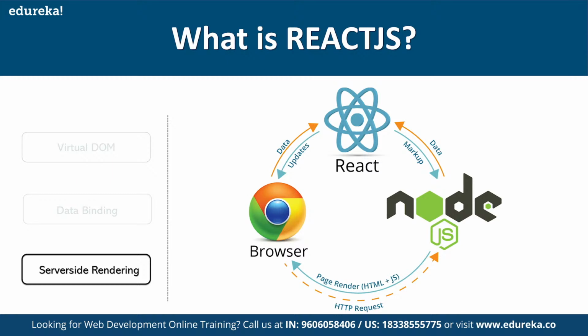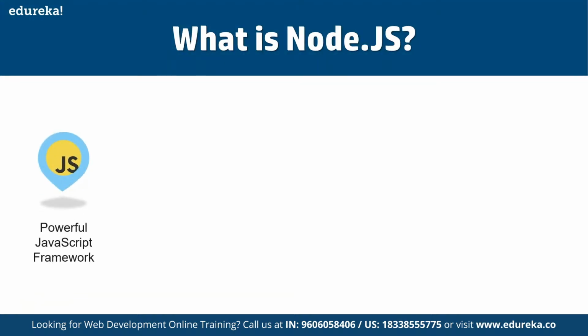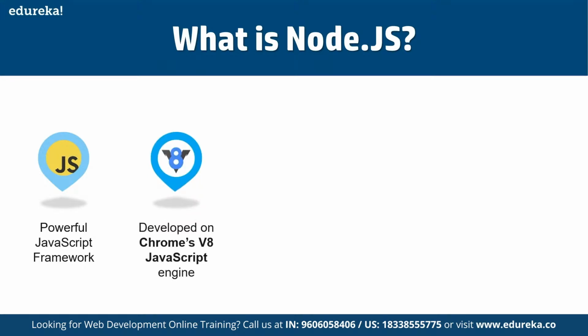And then we have Node.js. So if we talk about Node.js, then we know that Node.js is basically a powerful library itself. Not exactly, we can say it's used as a base of, or as a good JavaScript-based framework that we can use. And then it is developed on Chrome's V8 engine that compiles the JavaScript directly into the native machine code. So it is a lightweight framework used for creating server-side web applications and extends the JavaScript API to